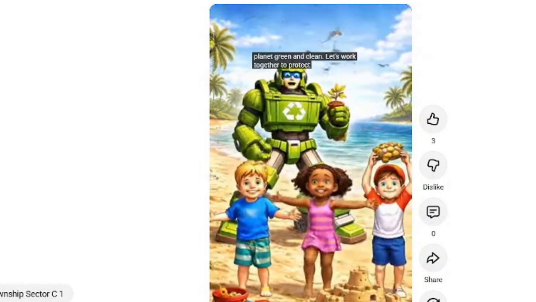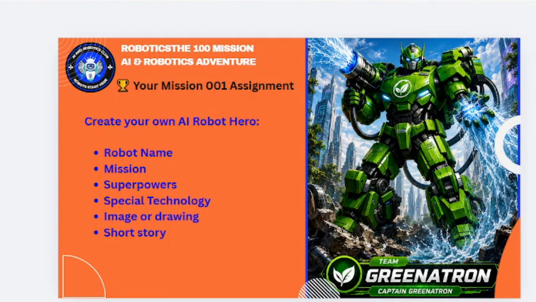Let's work together to protect our environment. So you see what Abdul Moeed has created. Now it's your mission. Now it's your turn to become an AI creator. Create your own robot hero. Choose the hero robot's name, his mission, what are his superpowers, what special technology does it use, does it have some guns or beams, or can it disappear, can it be invisible or something like that.